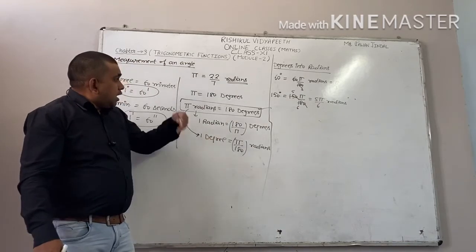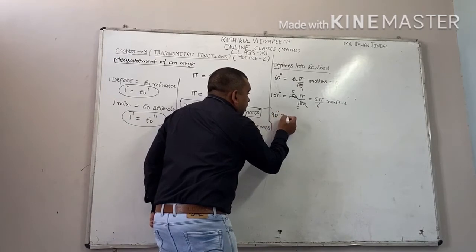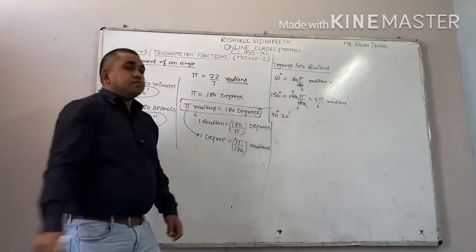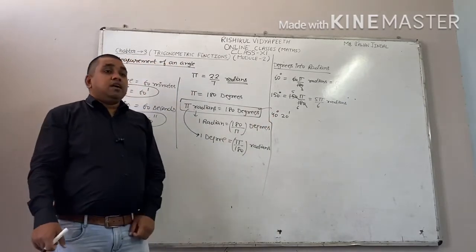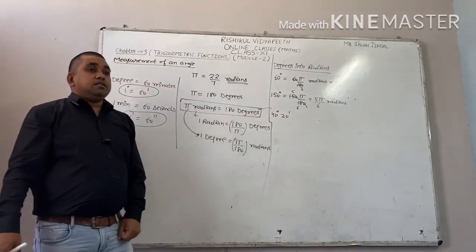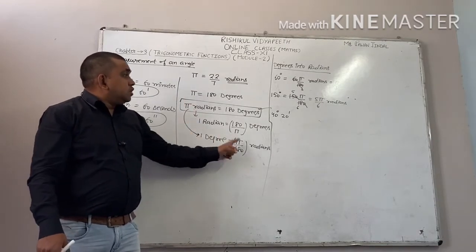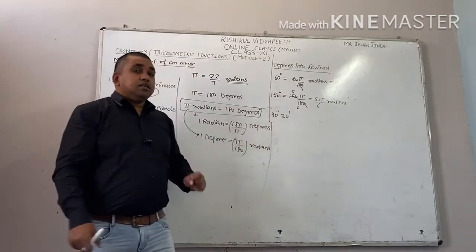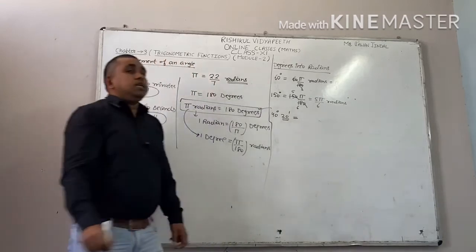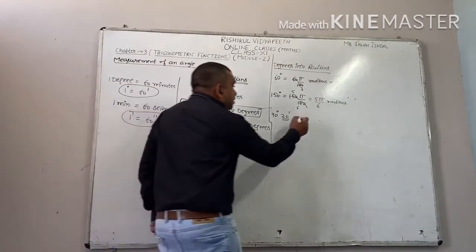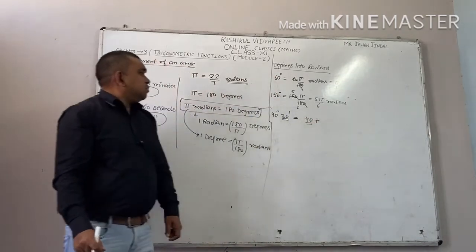Now, I am changing the step. Now I want to convert 40 degrees 20 minutes into radians. Here the unit is minute. I know the formula of converting degrees into radians, not minutes into radians. First of all, I have to convert this 20 minutes into degrees. 40 degrees is already in degrees, no need to do anything.